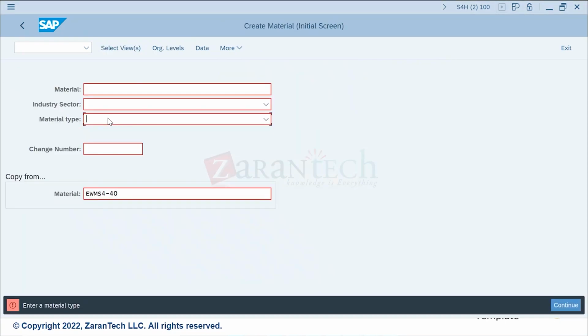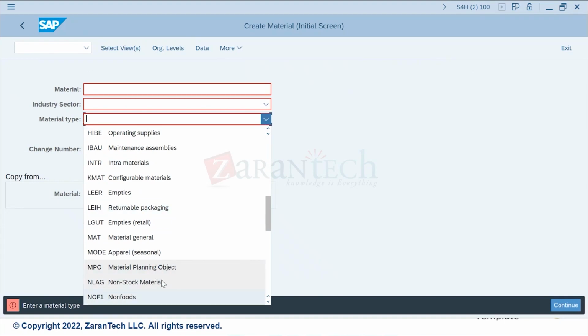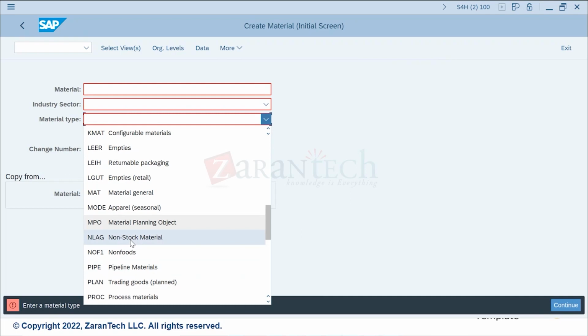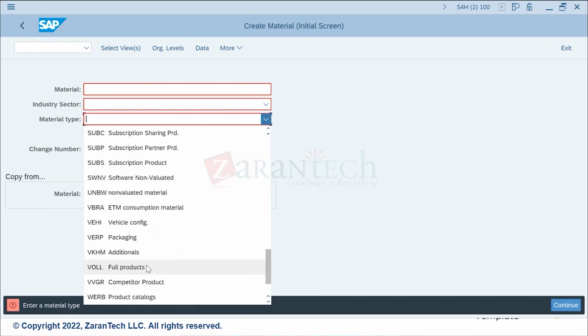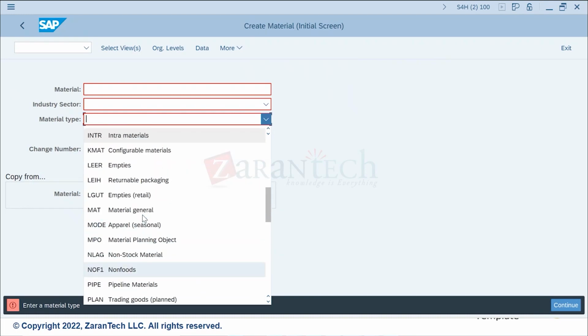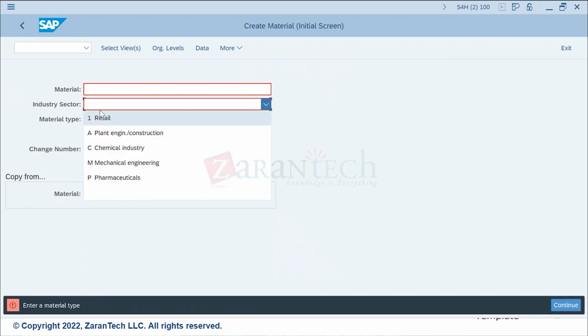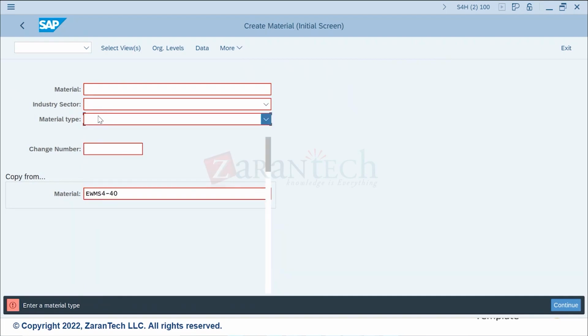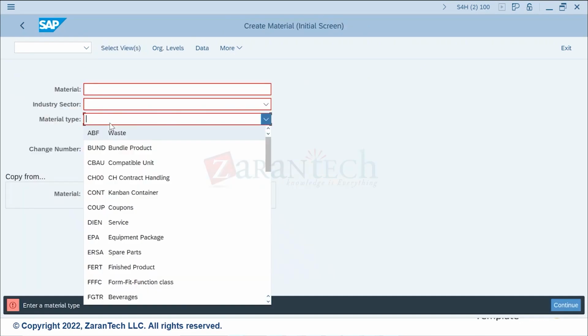So the material type, you can find it somewhere in standard, right? You can use MAT. There is a drop down, MAT, that is the most